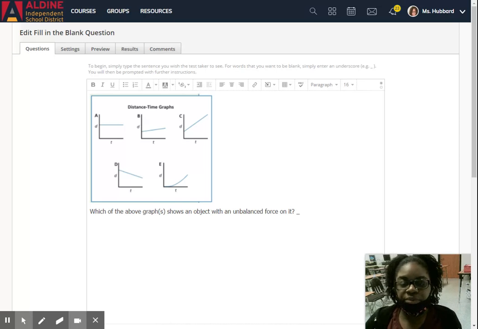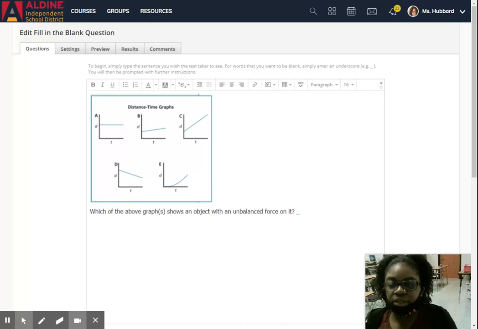Well, we know from the previous lessons that an object that has an unbalanced force on it means the speed is changing. Okay, so it's not a constant speed. It means for each time period or each second, the speed is increasing or it's decreasing. Okay, so if you look at A, B, C, and D, yes, we have different speeds that's occurring, but if